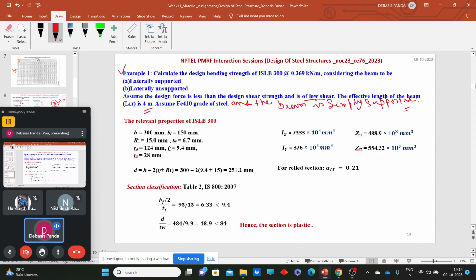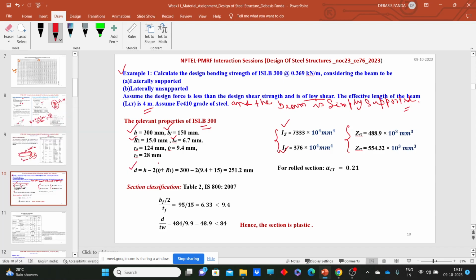Okay, so how can we calculate? First, we need all the data. For ISLB 300, we can get all the relevant data, like the maximum height or depth, obviously 300 mm, the width of the flange, the root radius, the thickness of web, and all these things. All this data I have taken from SP6, as well as the moment of inertia about both axes, major axis as well as minor axis, and the two section moduli. First we need to calculate the D, effective depth. So how can we calculate the D value? On the last class,